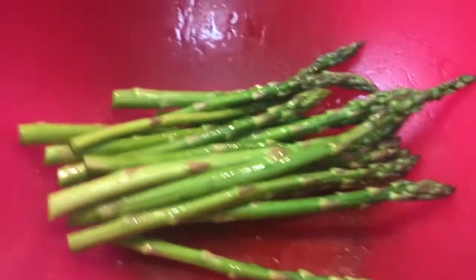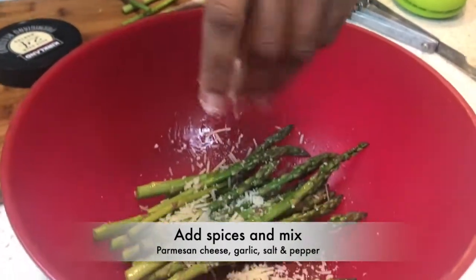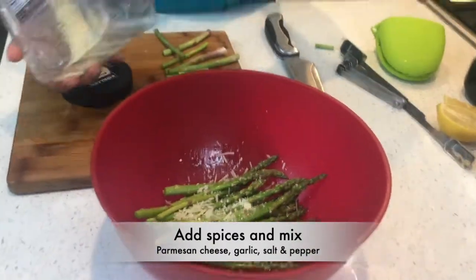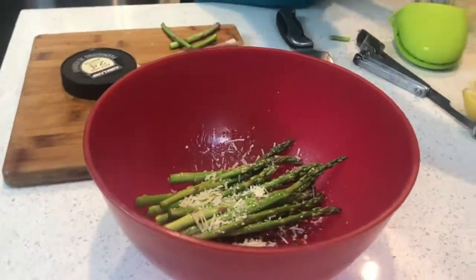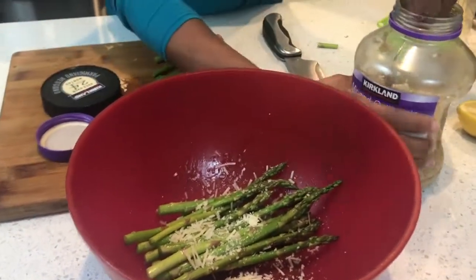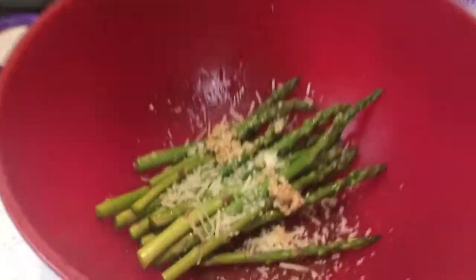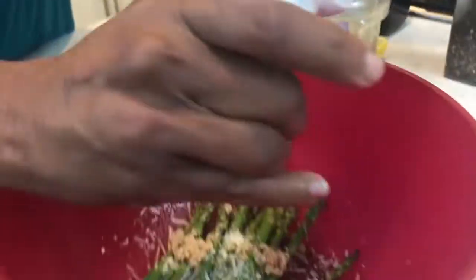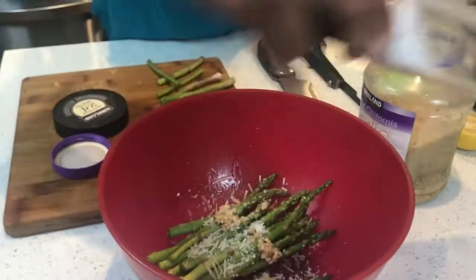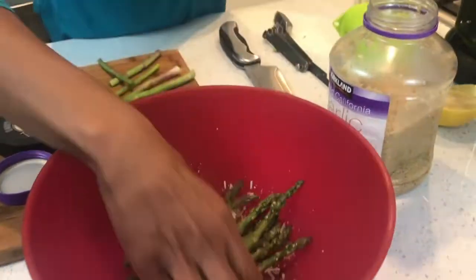And then you're going to grab a little bit of Parmesan cheese. You want to put in about a tablespoon. Now all this stuff I'm just measuring by hand because you can't really go wrong with that. And then you want to put in a whole garlic clove, which is about a teaspoon of this. Throw that in there. Put about a teaspoon of salt and a half a teaspoon of pepper. Kind of coat the